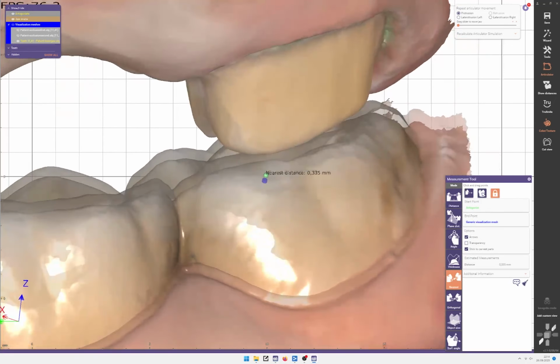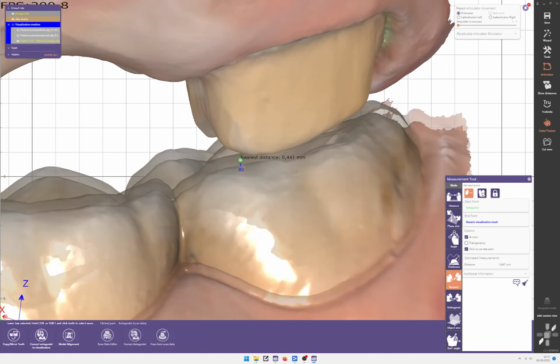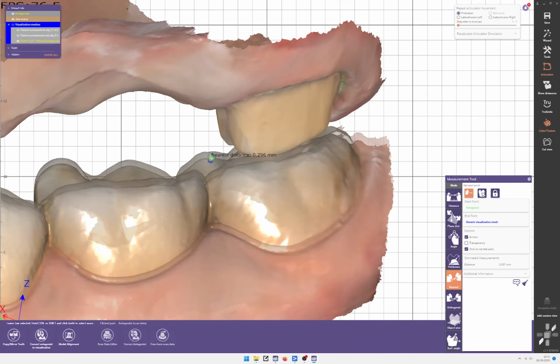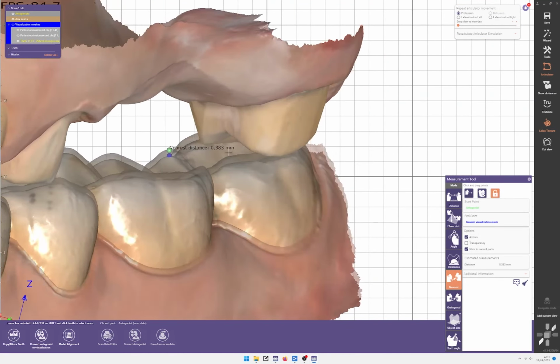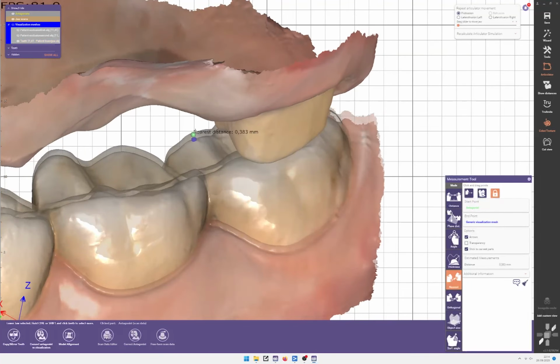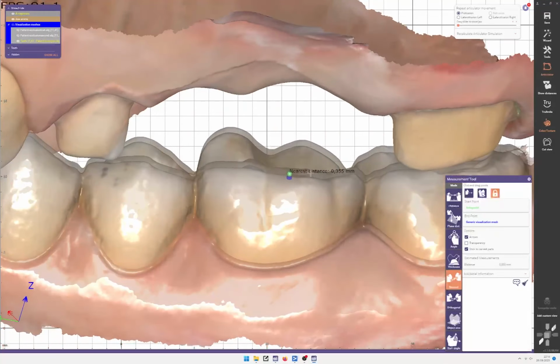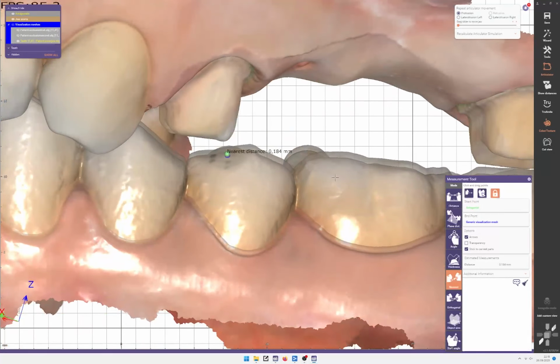Okay, yeah, so here it's around 400. On the back it's 380. Also here on the working cusps it's 350 microns. Those are huge values, and those are values that are unacceptable for your work. So yeah,